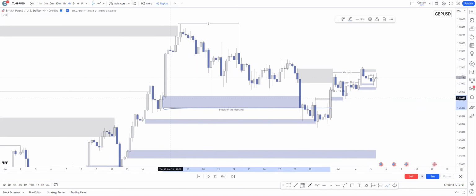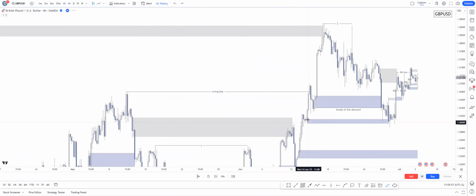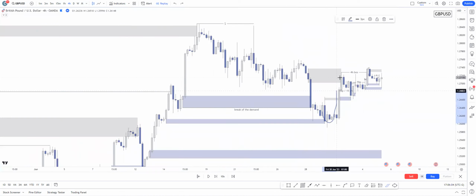There was a break of the last recent 4-hour demand that has caused a breakout structure here, but after the break, price reacted on the next 4-hour demand that has caused the swing breakout structure on the 4-hour time frame. But this reaction has reacted on this last recent 4-hour supply area that has caused the previous demand break. So price action was between two demand areas, and there was a new internal breakout structure at this point.